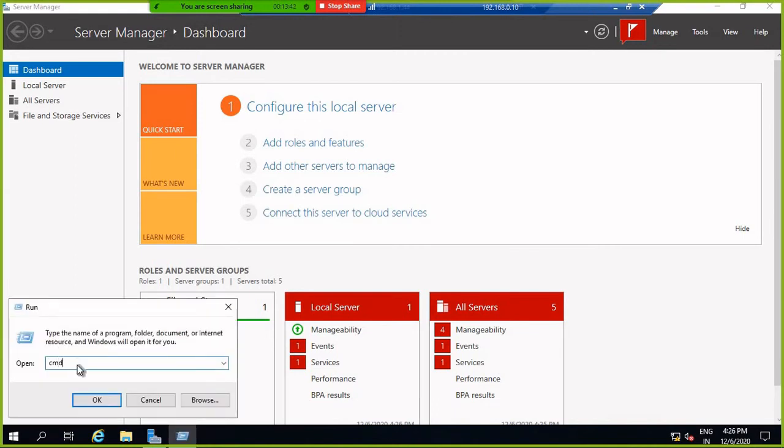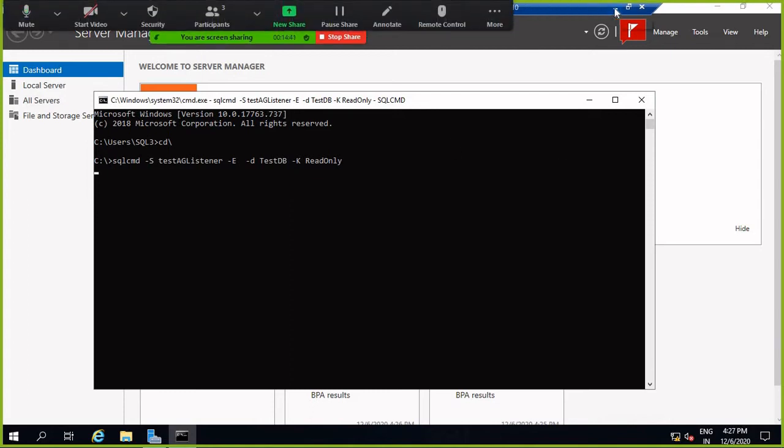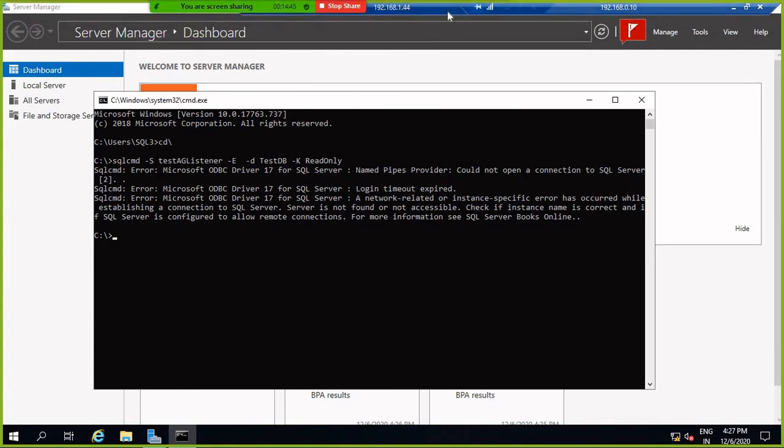Just see. I'm not able to connect. Why? Because I am giving the permission only at this server, at N1 level.